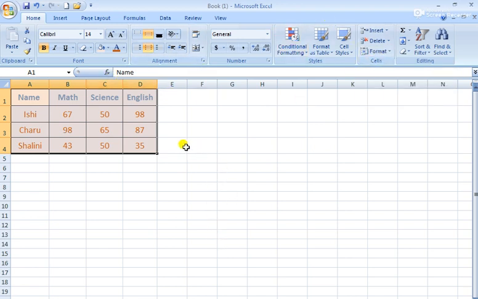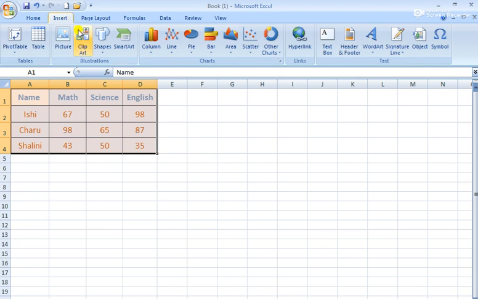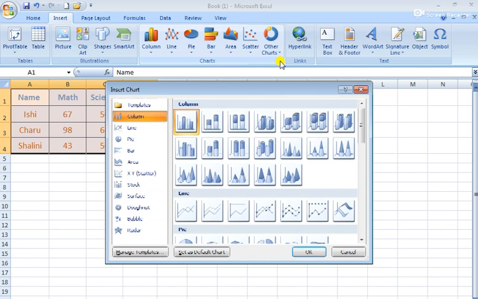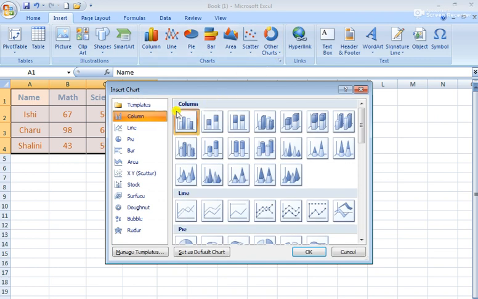Now let's create the chart. For creating a chart, what you need to do, first you need to select the table from here. Then we will go to insert. In insert you can see the charts that are there. Click on this arrow. Here is every chart and its related patterns.